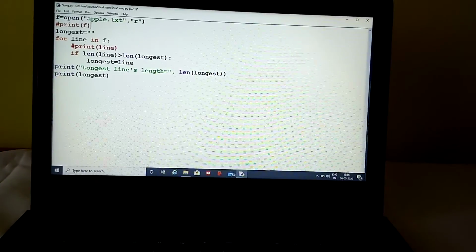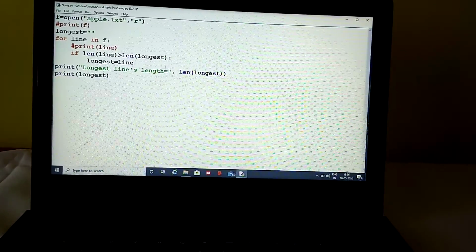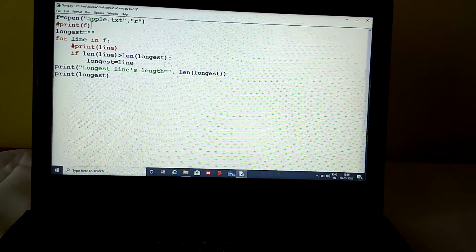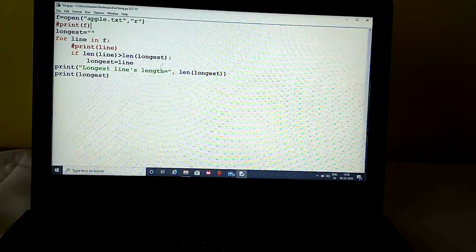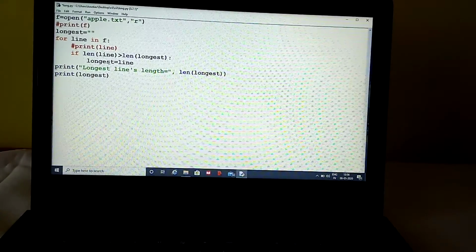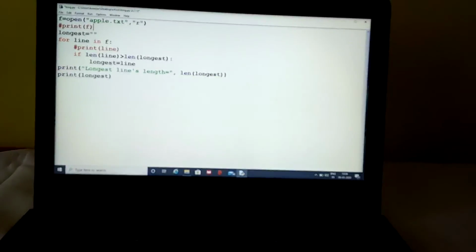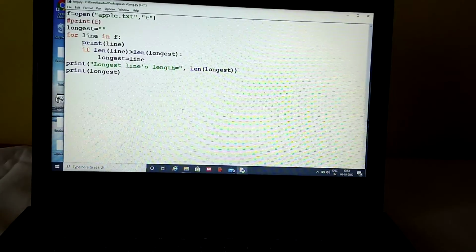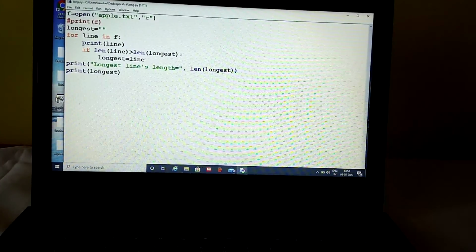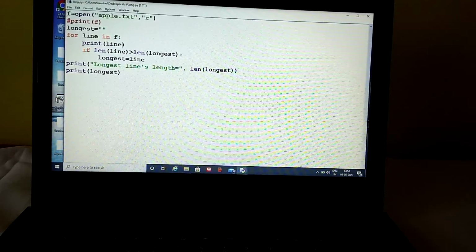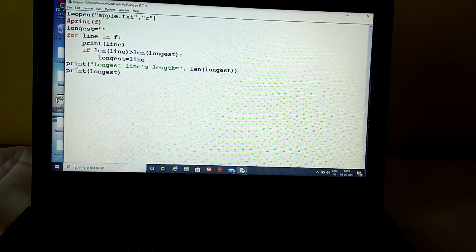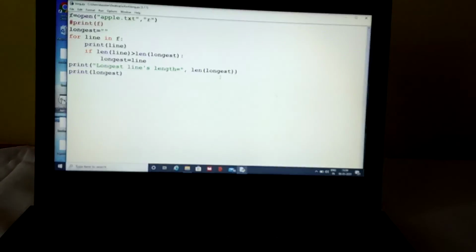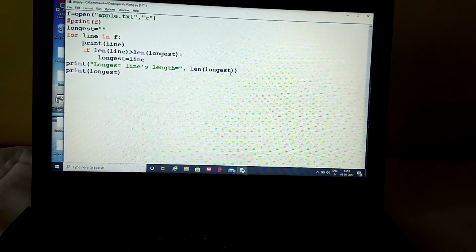Now the fourth line: the length of the fourth line and the longest, up to that the second line is there. If the length of the fourth line is greater than the second line, then the fourth line will be stored in longest. If it is not longer than the second line, it stays. In this way it will judge all the lines. After that it will print the longest line, which line is the longest, and the length of the line.